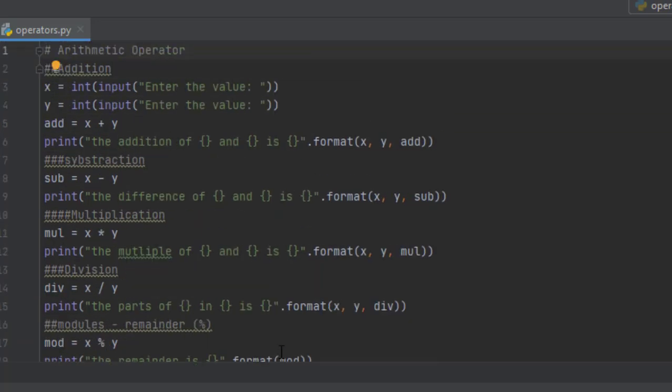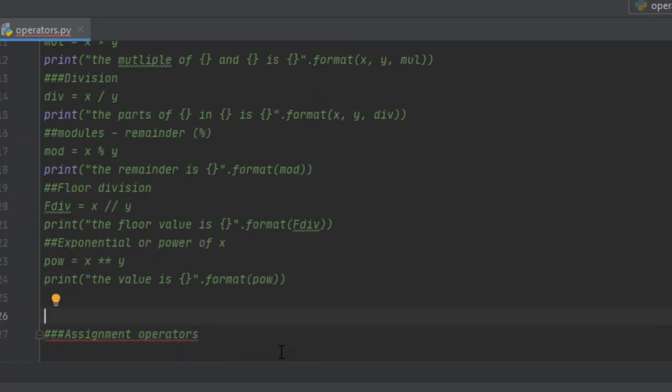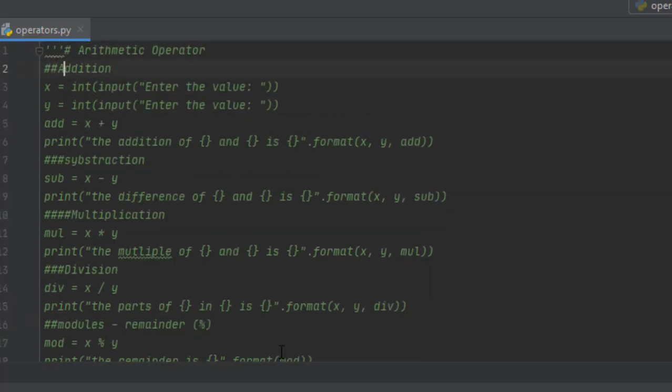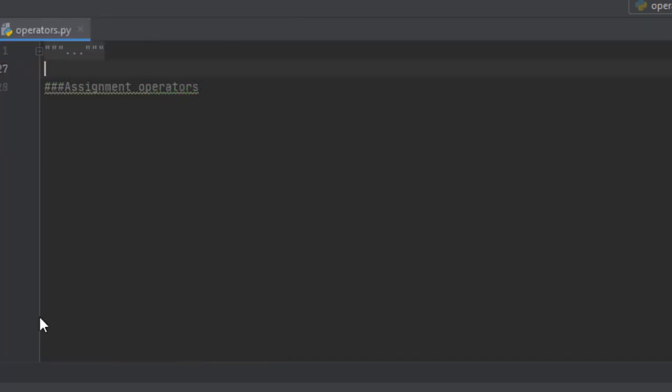I'll completely comment out the arithmetic operators here so that it will not disturb me every time I run the console. So all this is in comments right now. These 26 lines, I'm clicking the small arrow mark so it will just disappear. I can work coolly over here.